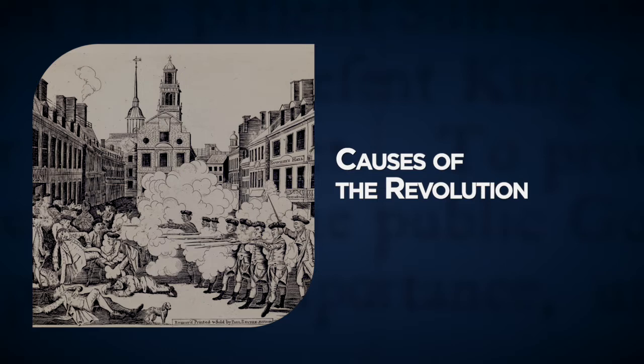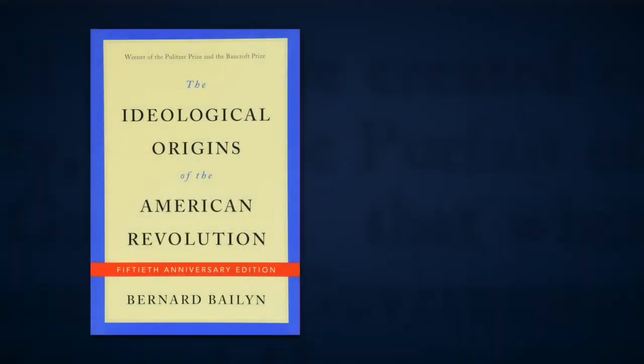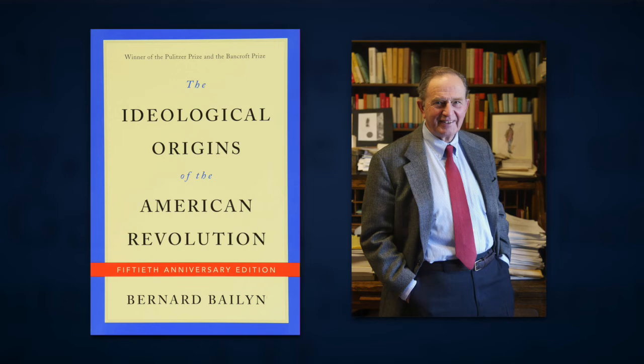Historians have traditionally delineated causation of the revolution into two main overarching frameworks, ideology and economics. Of course, it's far more complicated than these two, but we will get into that a little more when we approach the idea of multiple revolutions. The ideological origins of the American Revolution comes from a powerful historical work of the same name written by Bernard Bailyn in 1967. Bailyn was an influential historian at Harvard University who won 2 Pulitzer Prizes, a National Book Award, and the highest award given to an American historian, the Bancroft Prize.